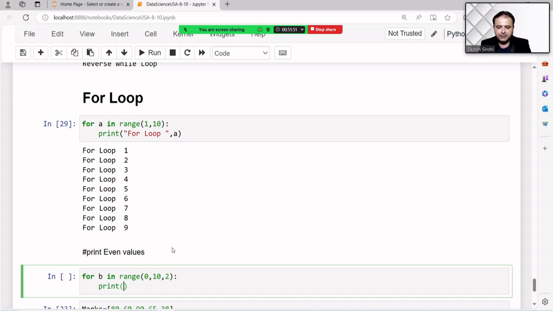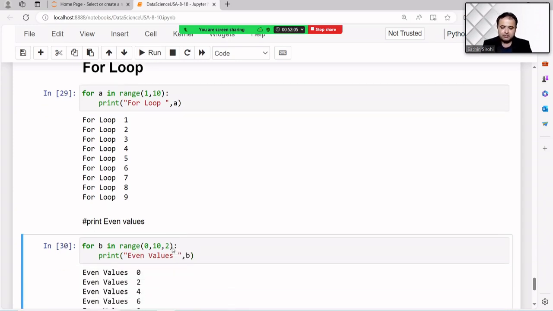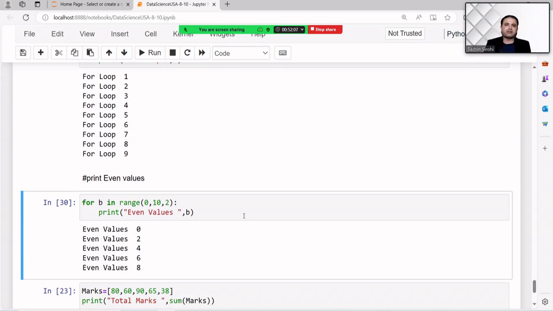You can print the even values. Perfect, it is the perfect example of this one.